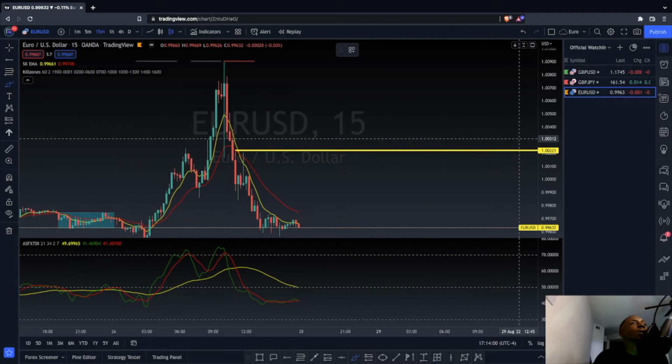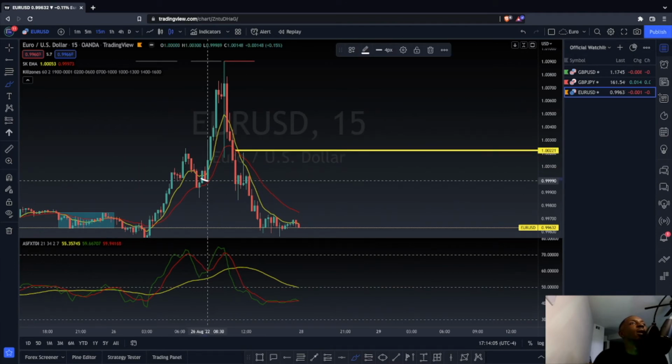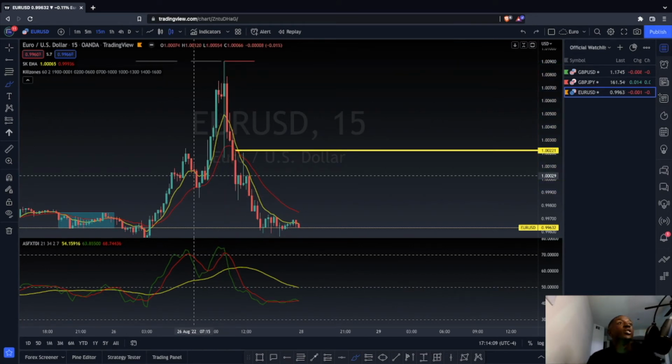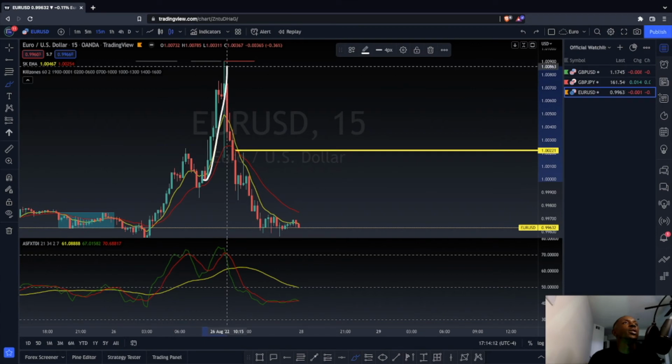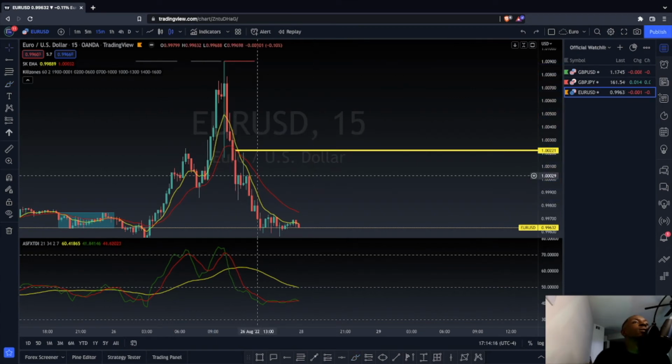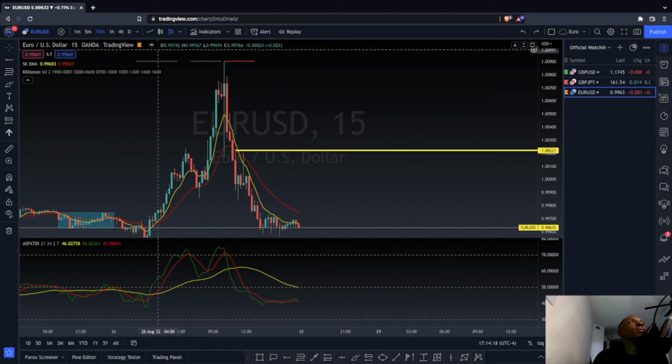So you can see it here. Got this swing high and then a push up and then a push down. I mean, swing low, swing low and then a push up, and then it forms a swing high and then a push down. So, and again, this is that 1 hour fair value gap, but it's actually also a 15-minute